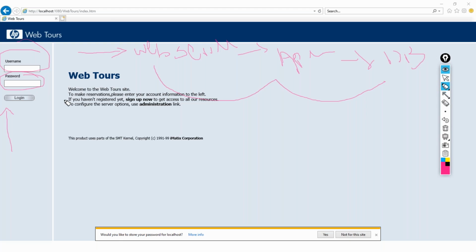Like the possible reasons could be that the SQL query running in the backend might be too slow. That means the query might be running for a long time, or there might be some code, method or function from the application which is running too slow. That method or that SQL query which is responsible for running slow, you have to provide to the development team. So first thing, if you go to any interview and they ask you what could be the possible reason,